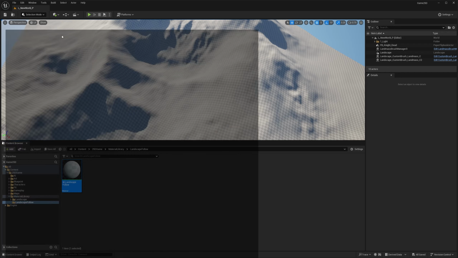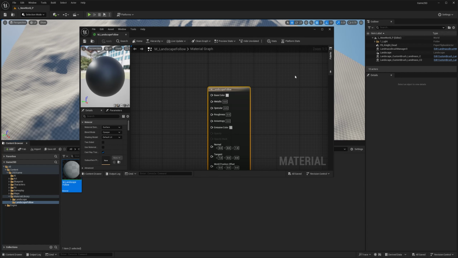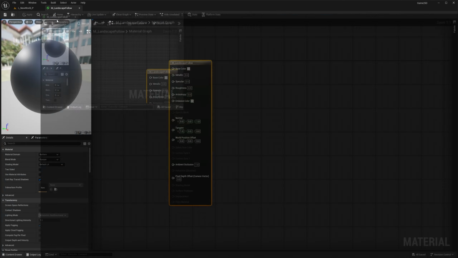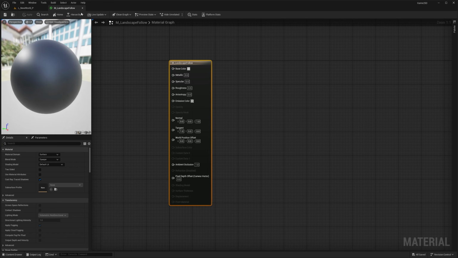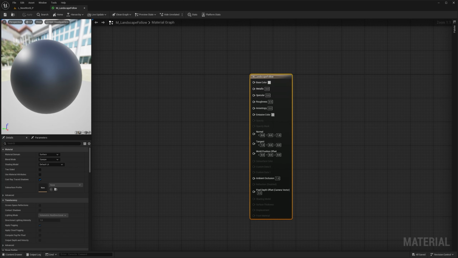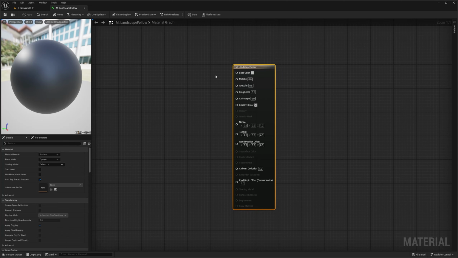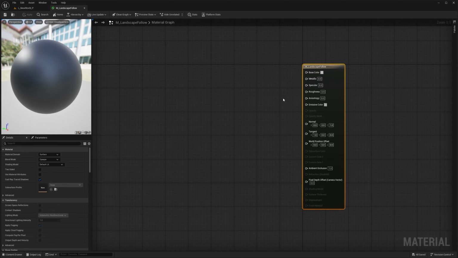And this window that just opened in my other monitor is the material window. I'm going to drag it to the same location that my level is, as you can see there, so I can give this a full screen. This right here is what we call the material graph, as you can see in the top here. This is a node-based shading and material creation approach, okay? So it's not like Photoshop, where you're doing layers, you're essentially doing nodes that connect and have functionalities. So this is where you're gonna build that structure. This is where we're gonna be spending a lot of the time that we're doing right now.